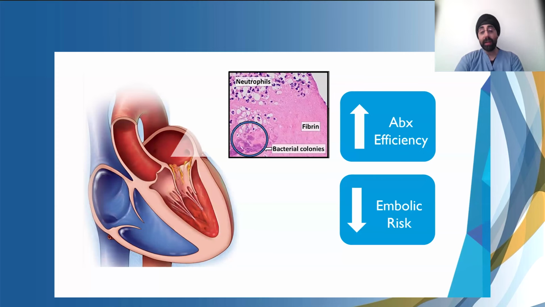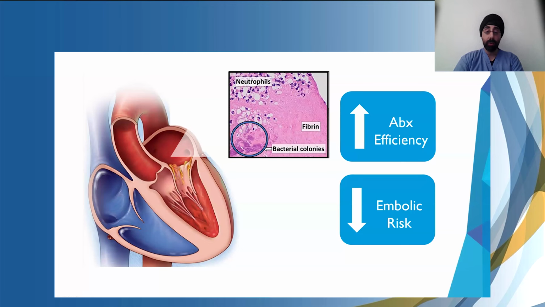One of the ways that the aspiration works is it disrupts the biofilm. As you can see here, there's a biofilm around the bacterial colonies. So by disrupting that biofilm and removing some of that material, you not only can increase the antibiotic efficiency of whatever residual material is left, you may also decrease the embolic potential for those patients who have had multiple septic